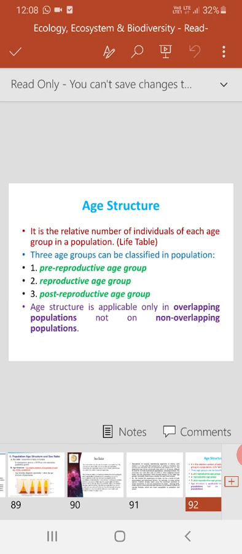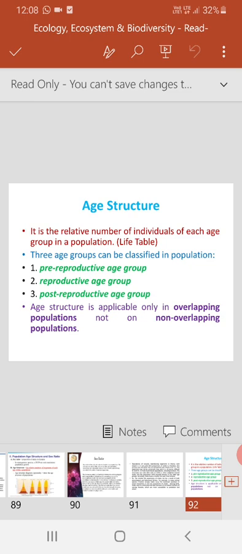Reproductive age group means where the individuals are reproductively mature and possess the potential to reproduce and produce fertile, viable offsprings. They come in the reproductive age group. For example, if we talk about the human population, then right from the birth of an individual, up to 16 to 17 years of their life, the first 16 to 17 years can actually be categorized as the pre-reproductive age group,